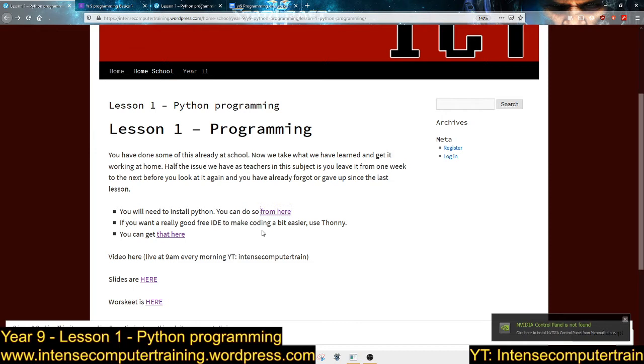At school we use an IDE called Thonny. And Thonny isn't Python. This is what everybody says: oh, I've not got Python on my computer. Yeah, you have got Python on your computer. What you meant was I haven't got Thonny on my computer. If you've downloaded and installed Python, just like I said, you've got it on there. What Thonny does is put it into a nice little interface for you to use. You can get that here.